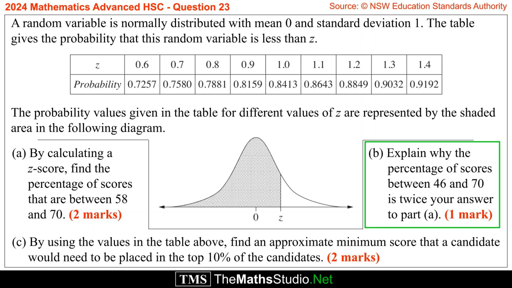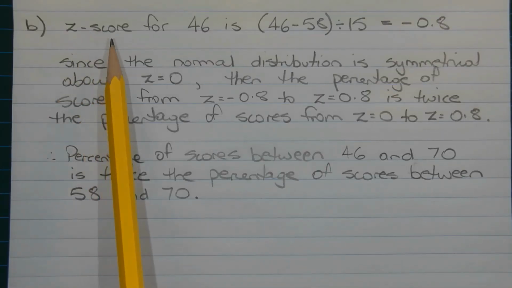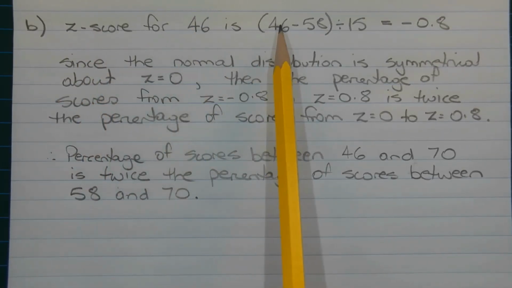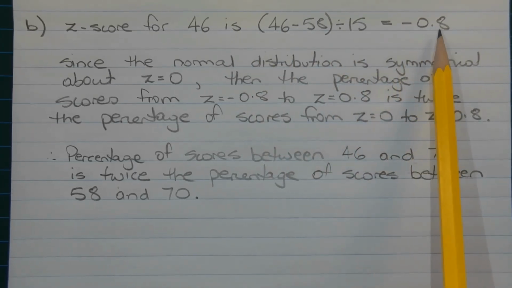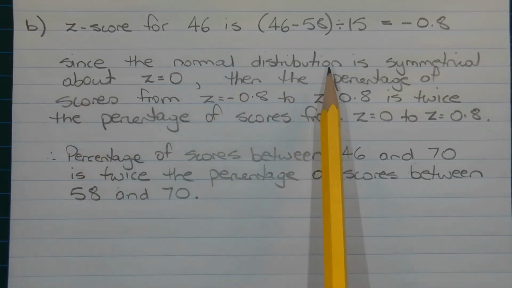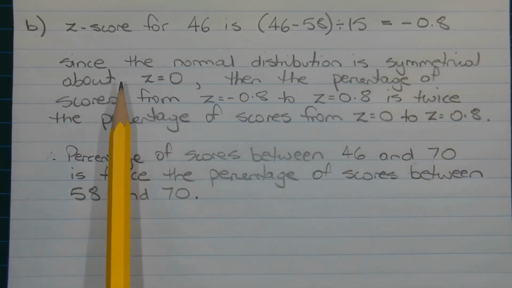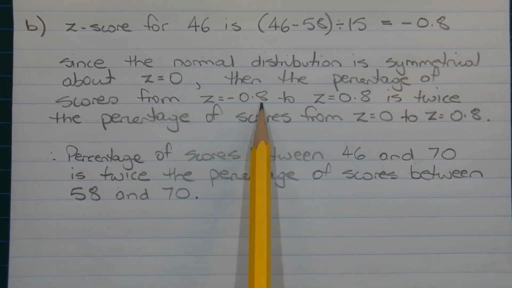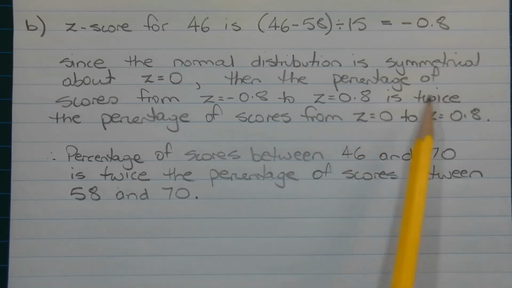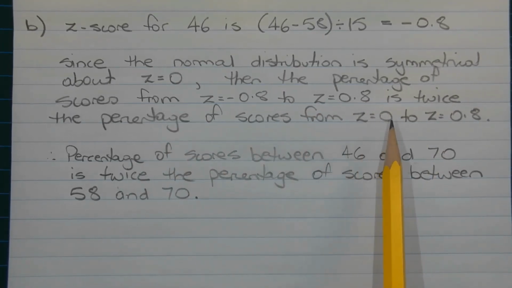Part B. Explain why the percentage of scores between 46 and 70 is twice your answer to Part A. The z-score for the raw score of 46 is given by (46 minus 58) divided by 15, which equals negative 0.8. So we're just using the z-score formula that we used in Part A. Since the normal distribution, or the normal curve, is symmetrical about z equals 0, then the percentage of scores from z equals negative 0.8 to z equals 0.8 is twice the percentage of scores from z equals 0 to z